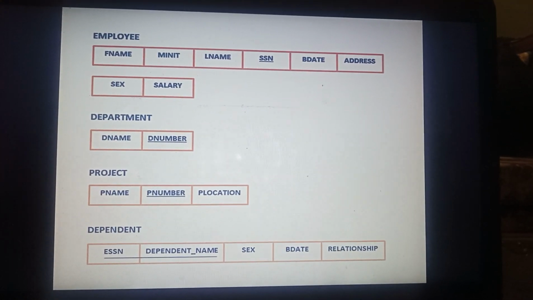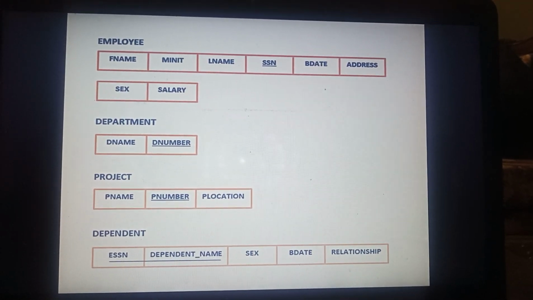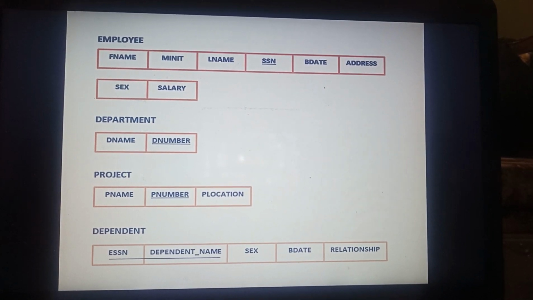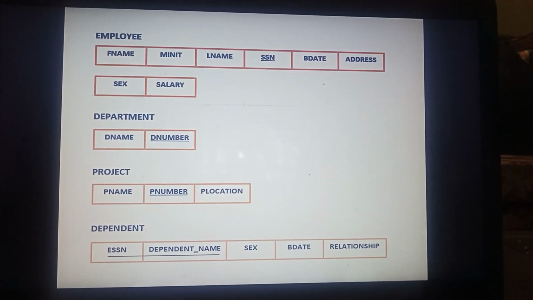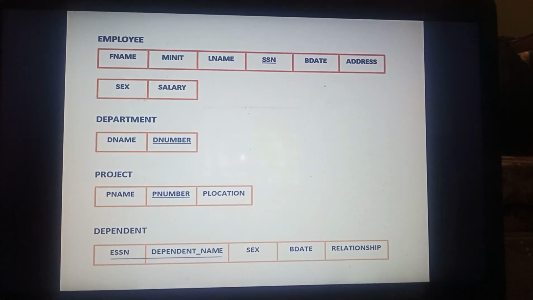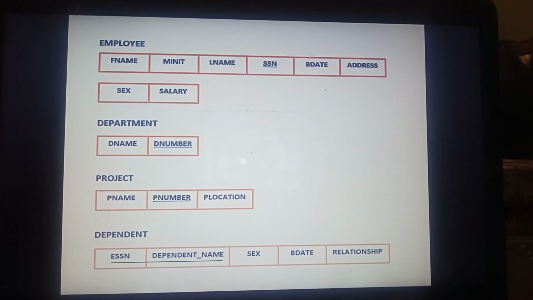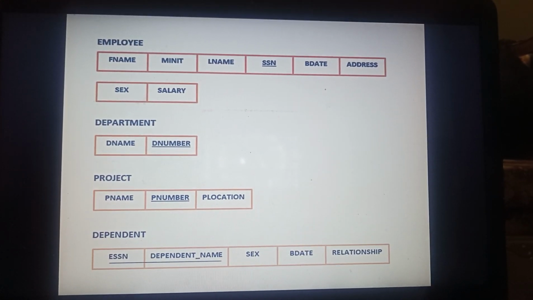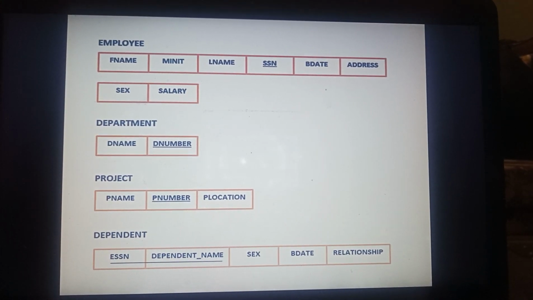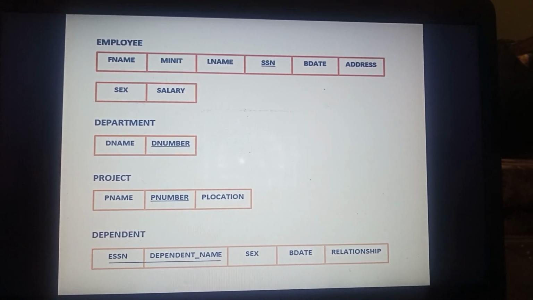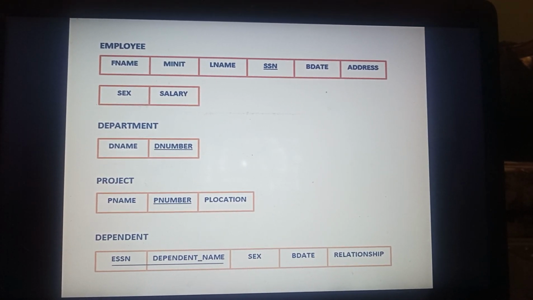Here we have kept all the attributes of dependent, like dependent name, sex, birth date, relationship. Also we have included the primary key of the employee table, because the dependent entity is related to the employee entity, so we have to include SSN, primary key of the employee table, as foreign key in the dependent table.